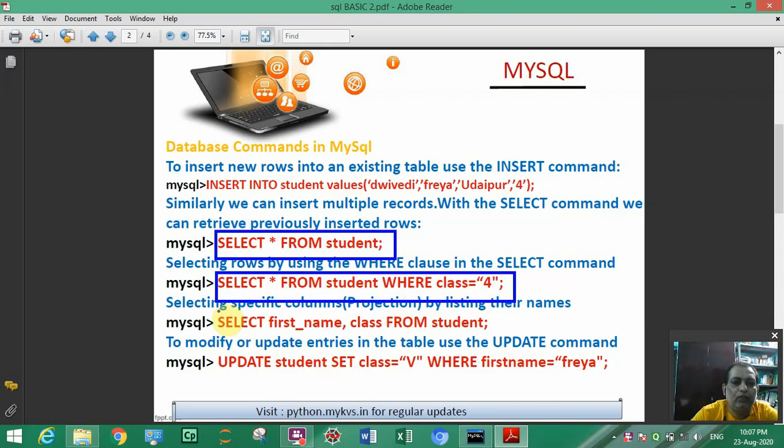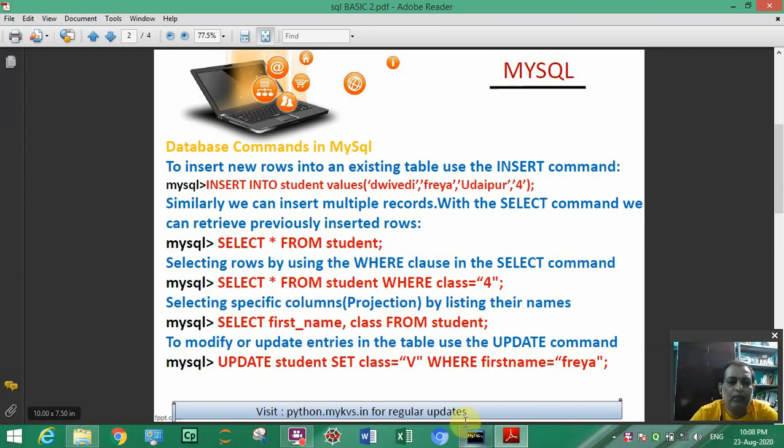This third one we have already seen: select two columns from the student table. And this one is the conditional select statement. So how to apply this condition on our table? Let us start and see this.